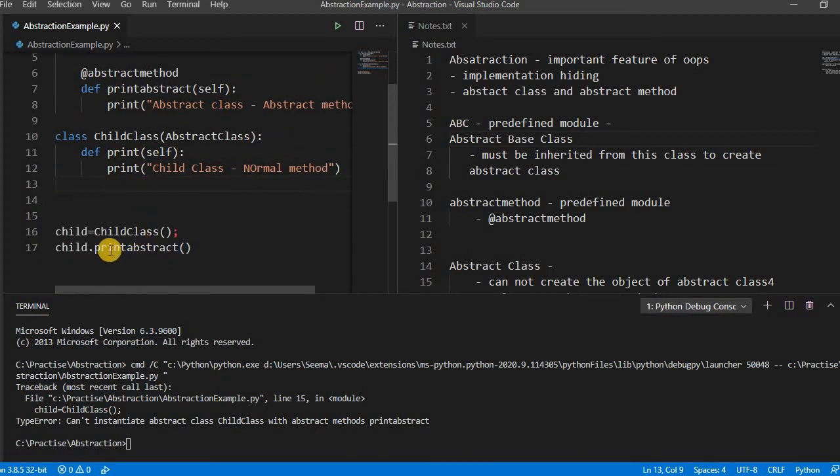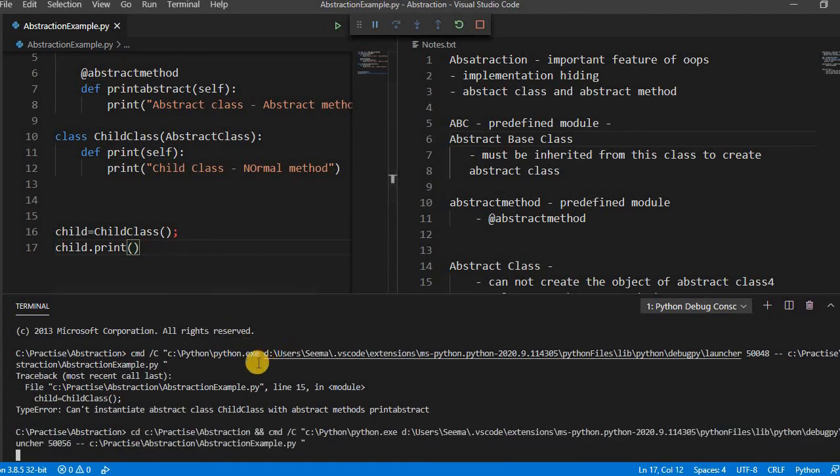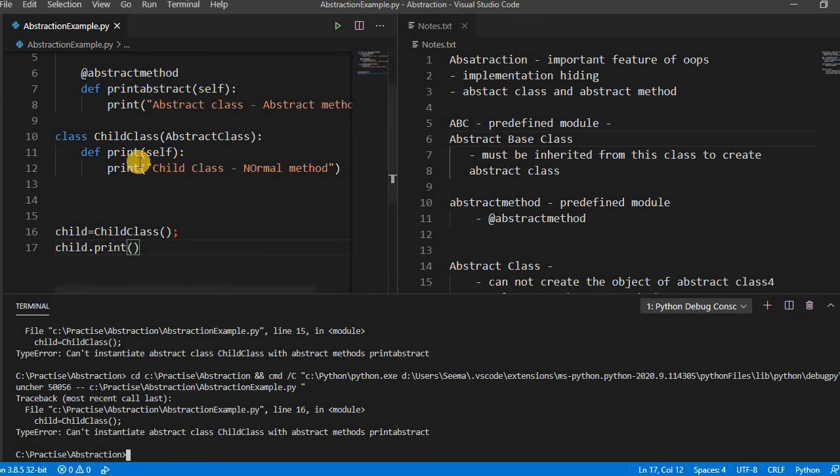Okay, if you are accessing this print, it's a normal method. If you run this, see here, again the same error because this child class is inheriting from this abstract class. The abstract class has one method that is abstract, and the implementation of the abstract method must be there in this child class.